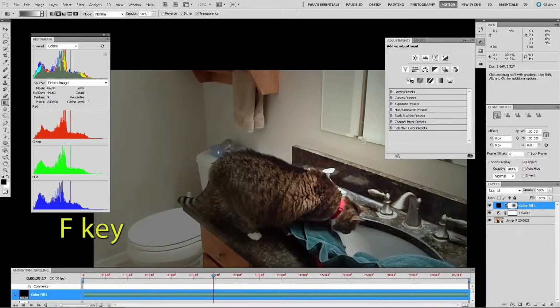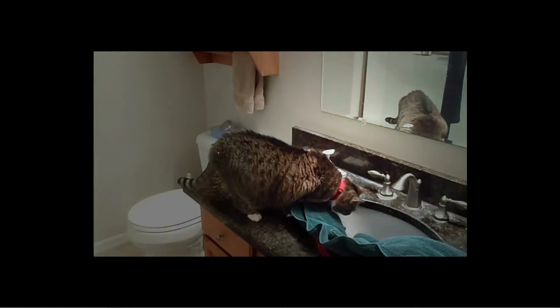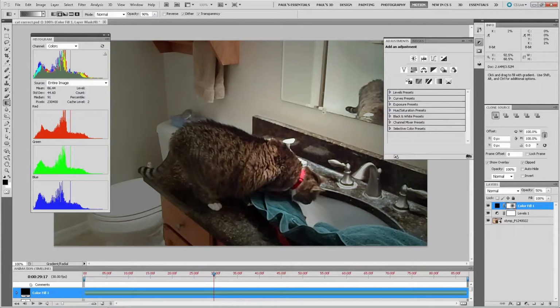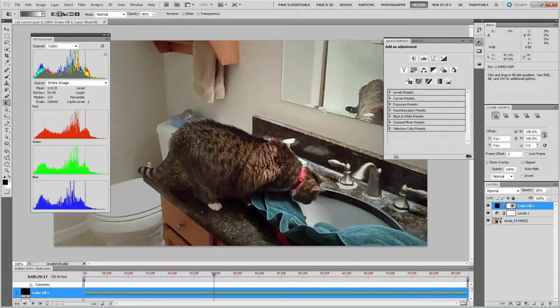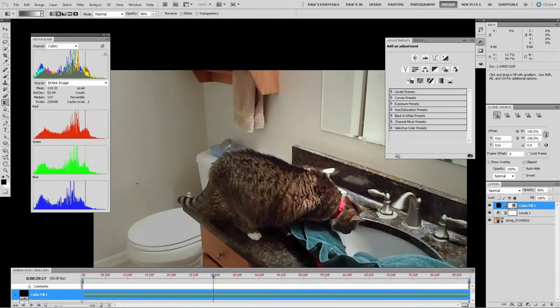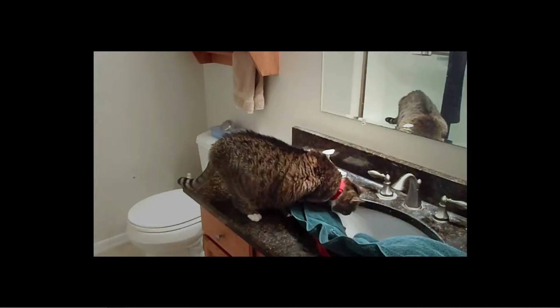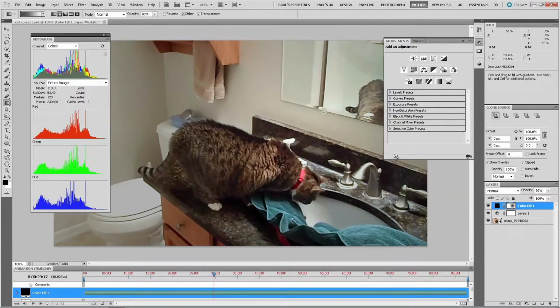I'm using the F key now to go to a display where it's just black. You can have a look. It's not bad, but we could be a little more subtle. No need to draw attention to the vignette. There we go. If you didn't know there was a vignette on there, you wouldn't even recognize it.